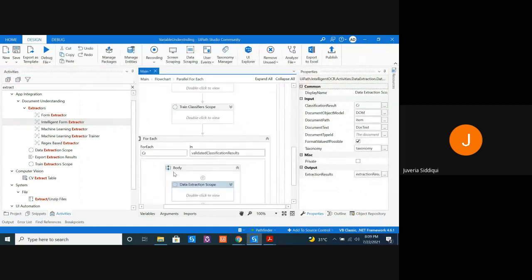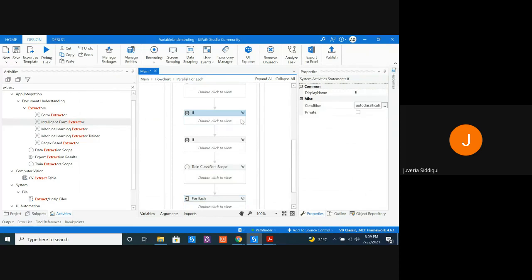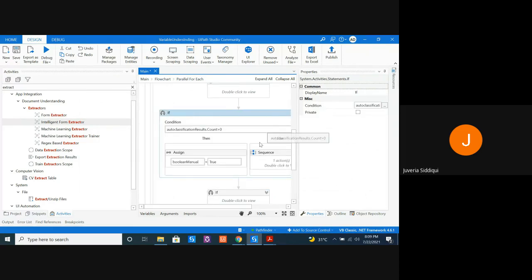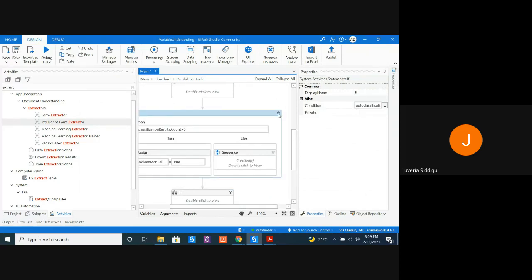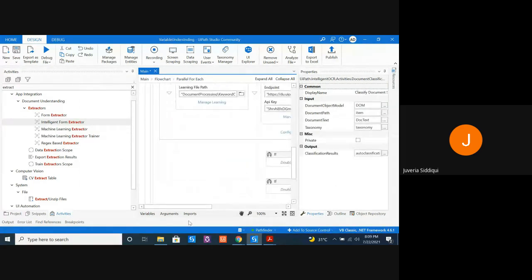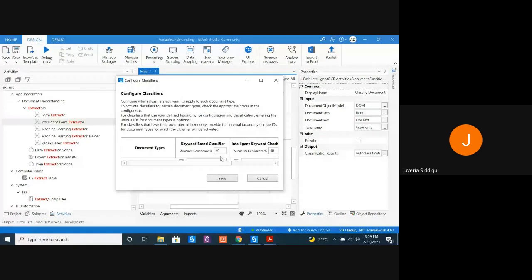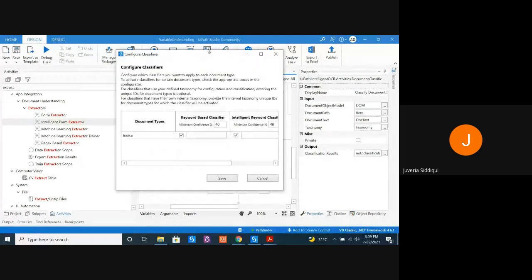Let's go back. Let's first revise what we did yesterday with classifiers. If you remember, while we were classifying, we had to do something very similar called configure classifiers rather than configure extractors. When I did this, I assigned a minimum confidence level, right? And here I selected what kind of machine learning package I'm using. I'm using an invoice kind.